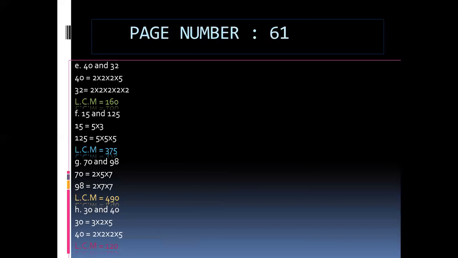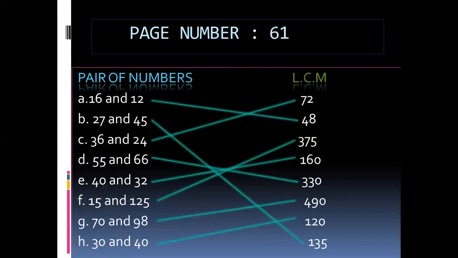Broke all these numbers into prime factors and then I calculate the LCM for you. You also find all the LCMs in the rough column, in the rough work, and then you will match the column. Already the numbers are given to you and also the LCM is given to you. Now you see on the next slide, I write the LCM and I match the LCM with the required whole numbers. The first is 16 and 12. Do you remember what was the LCM of that number?